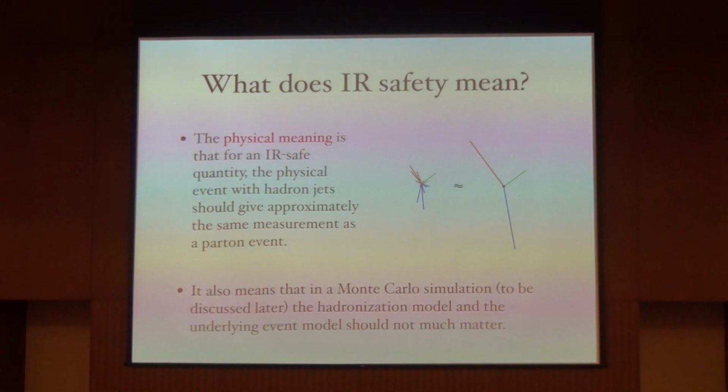And what's the physical meaning of that? Here's what you have at the lowest level in the Feynman diagram, say 3 partons coming out. Here's what you finally get after the partons have